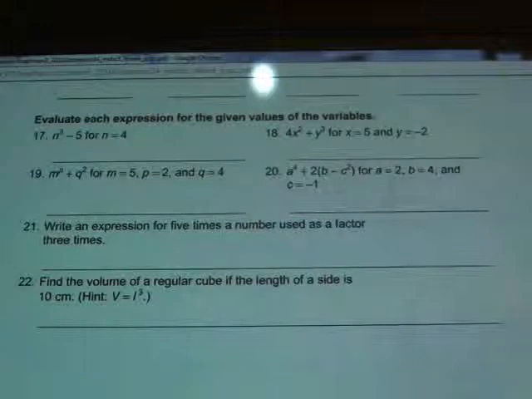Okay, so since they're telling us they want n to equal 4, that means I'm going to change n into 4 and rewrite my question. So that's going to be 4 to the third power